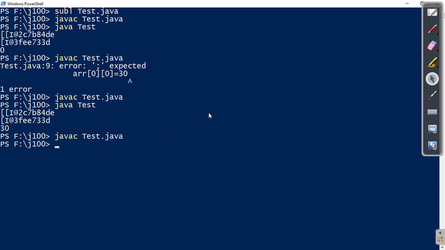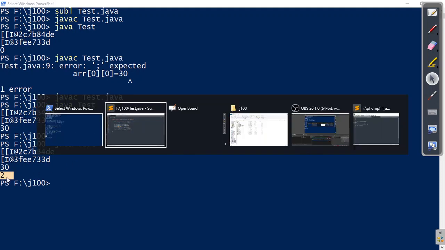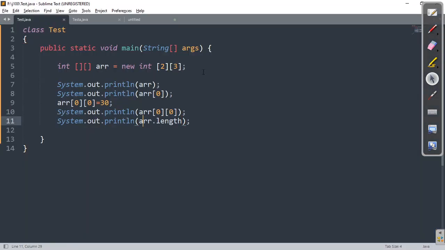So length is the public instance variable which will give you the length of C. The length is 2, right? So don't feel like since 2 rows are there and 3 columns are there, the total length will be 6. No way. The length is only the base value, the first value, and you don't have to calculate. Array has its own variable called length. Remember, here length is not a method, it's a variable. This is a public instance variable declared in the object. Fine. Now I think up to this there should not be any problem.